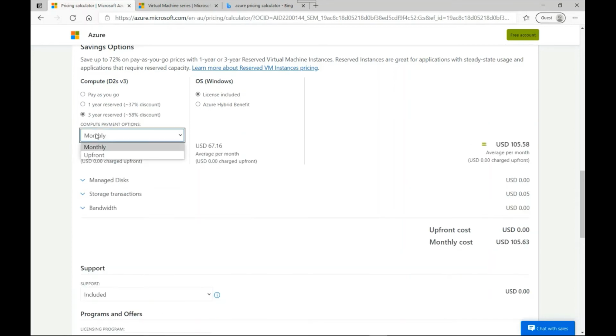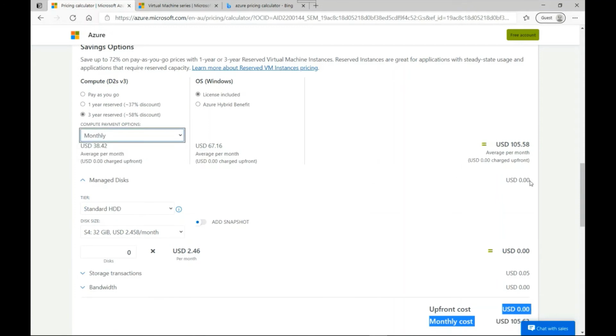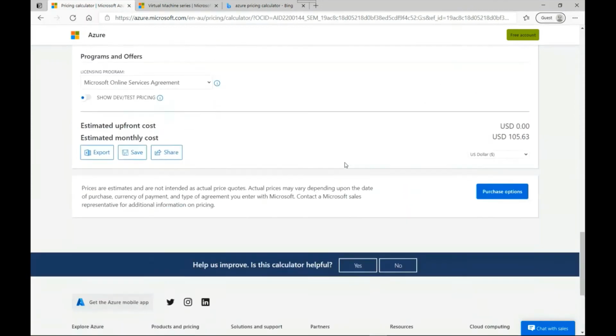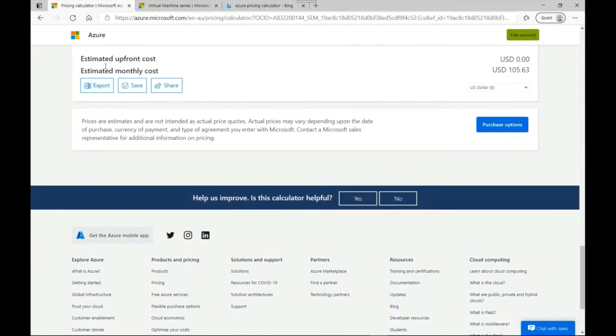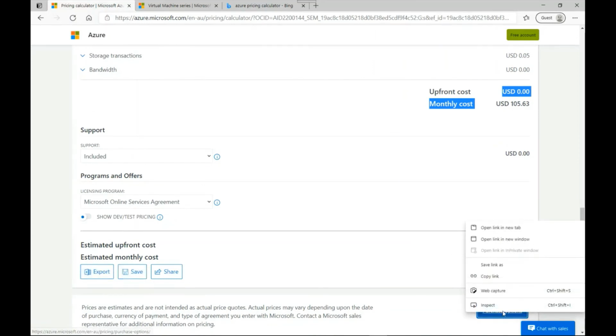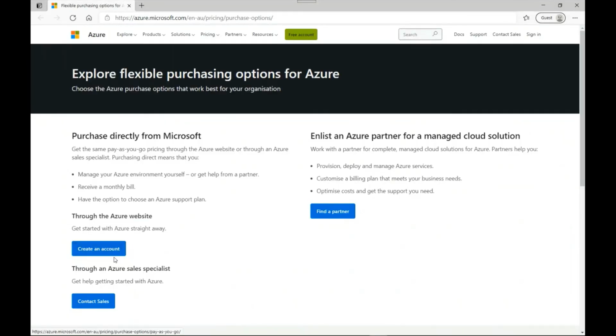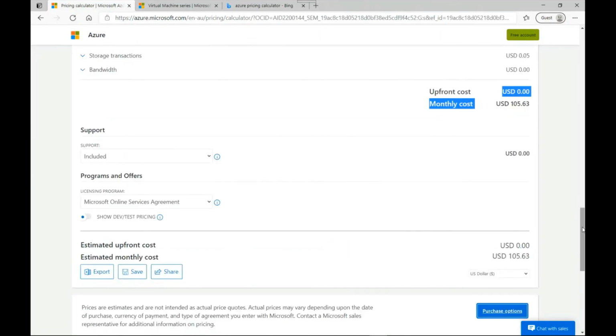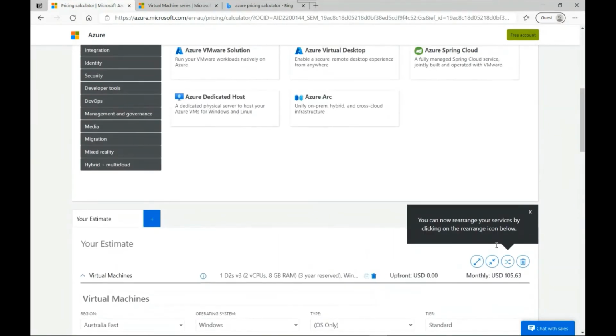And you can always see, if you want, you can pay upfront as well. This is showing you the upfront cost, and that's monthly cost as well. And again, you can export this estimation as an Excel, or you can save it for future purpose. And some other purchase options are there. You can speak to their sales specialist as well, and you can contact them, you can call them, or you can chat with them to get some more deals about it. So this was for